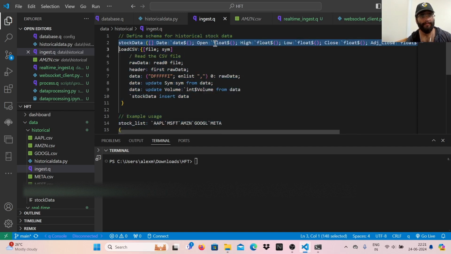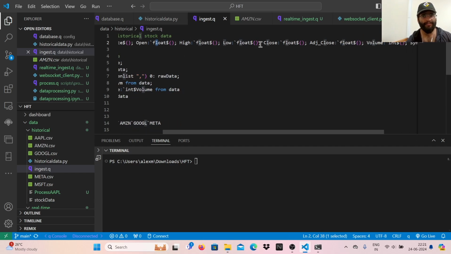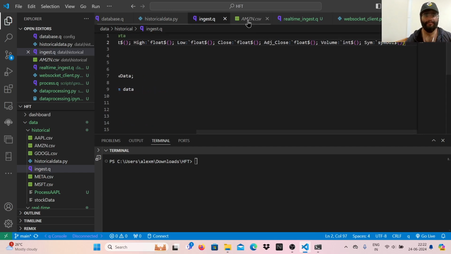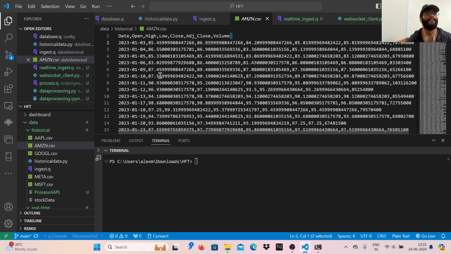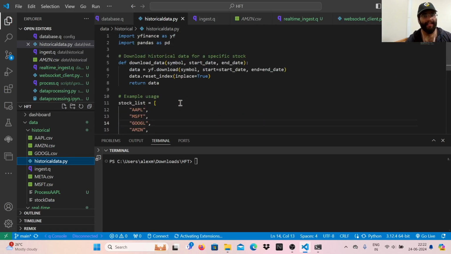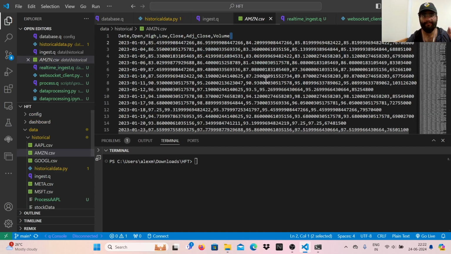So let's do that. Basically you can see it has date type for date, float for open, high, low, close, adjusted close price. One thing I changed was, when I downloaded this file using Python, it saved the column name as "adjusted close" with a space in between, and I changed that. So it now is adj_close. This is basically the adjusted close price, because for various reasons the close price changes. So it's adjusted close price, and